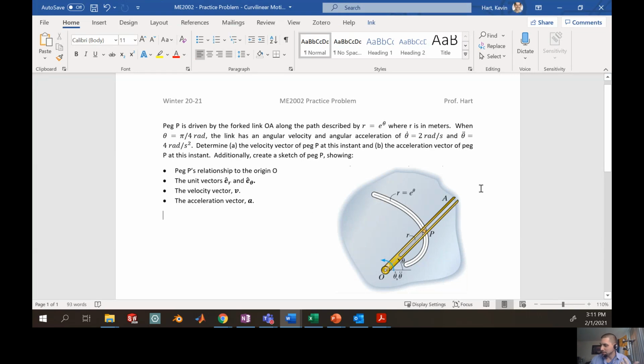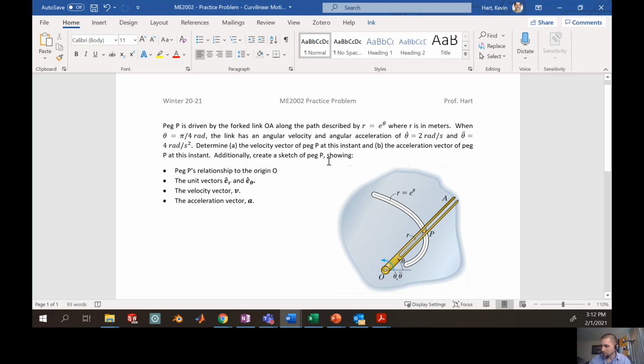So here we have a cylindrical coordinate type problem, and it's very similar to the problem type 2 that I explained previously, where our position r is a function of the angular position theta. So this is problem type 2, where your position has a direct relationship with your angular value theta. Okay, so we're asked in this problem to determine the velocity vector of the peg P